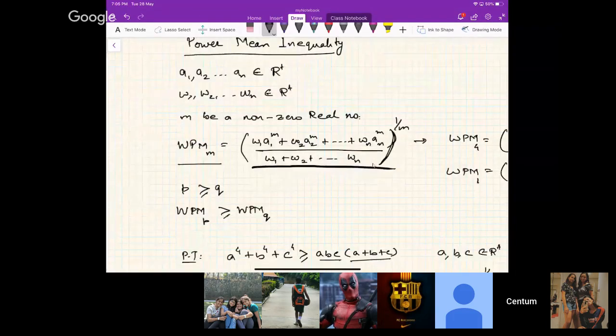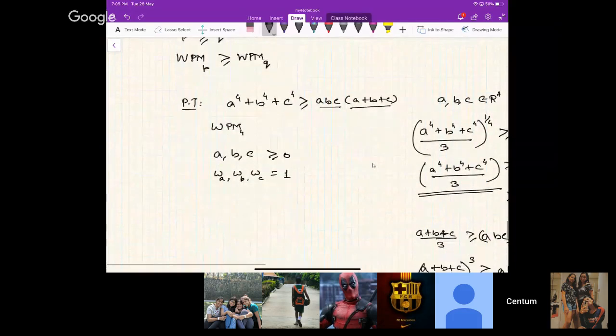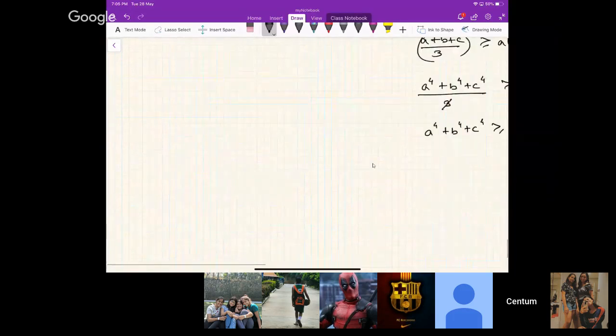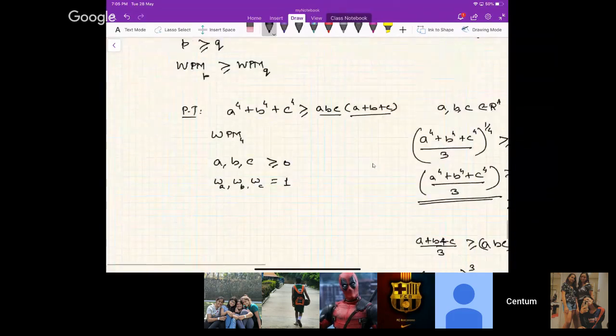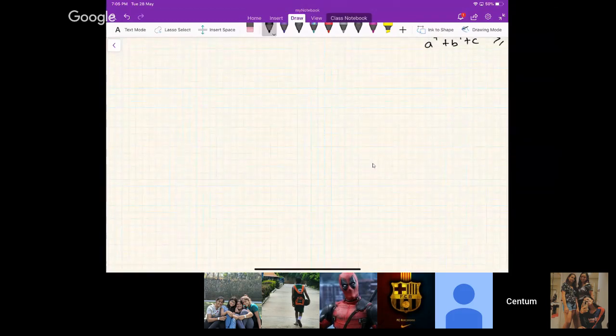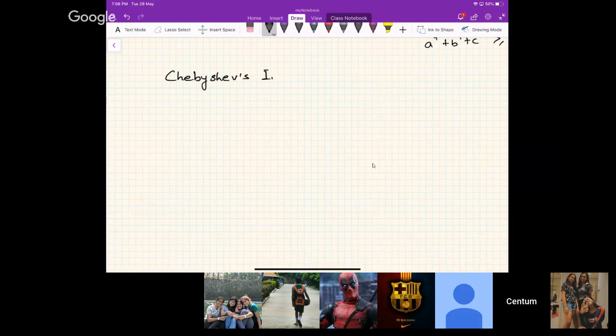So this is okay. Moving ahead then, there are some more important inequalities, and the one which we are going to discuss is also very important and very famous, and this is called Chebyshev's inequality. Okay, this was a Russian mathematician who gave this inequality. So last time we saw Weierstrass inequality. Now this is Chebyshev's inequality, and it says let